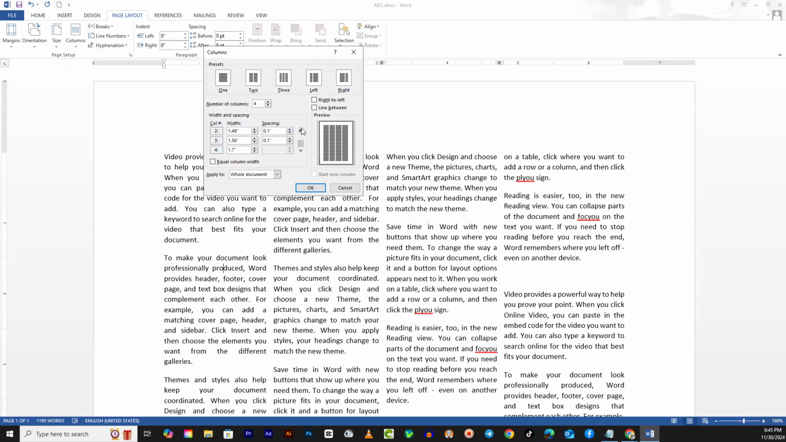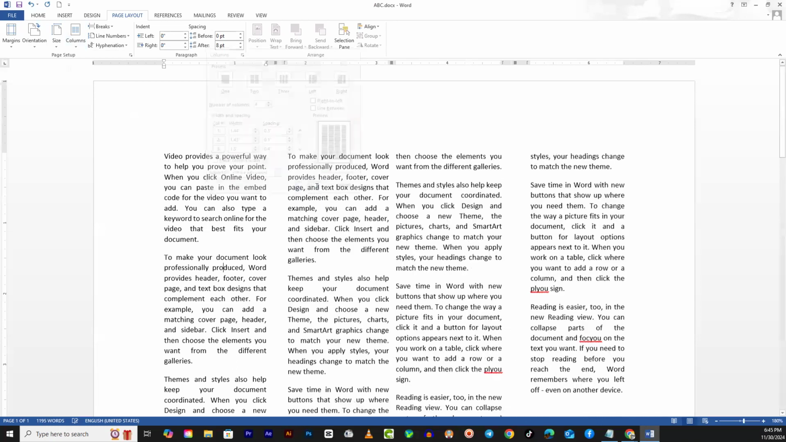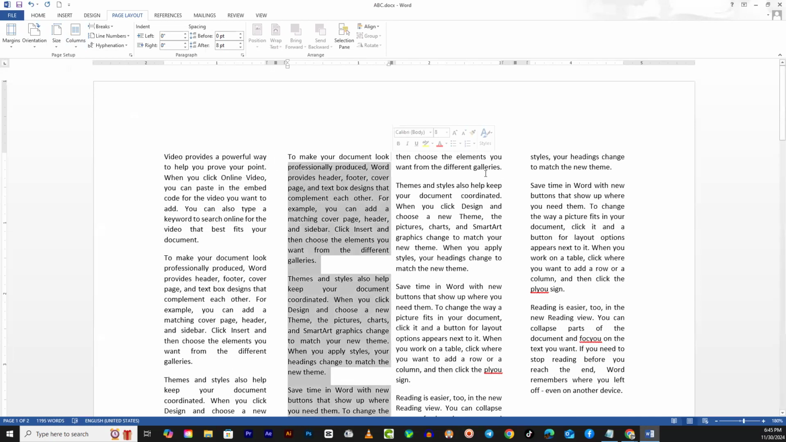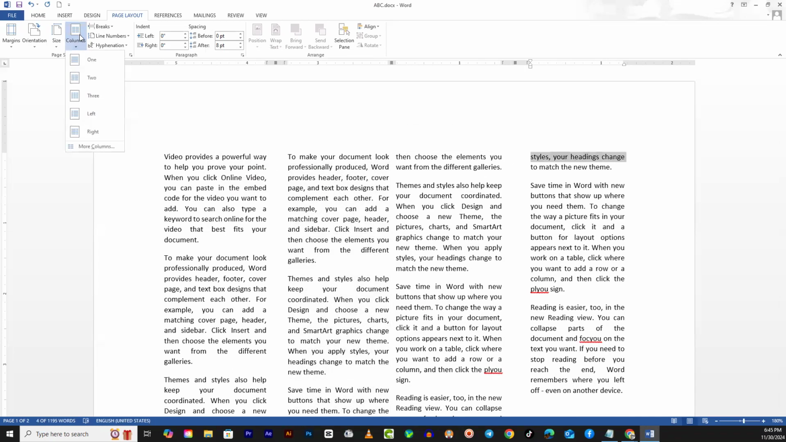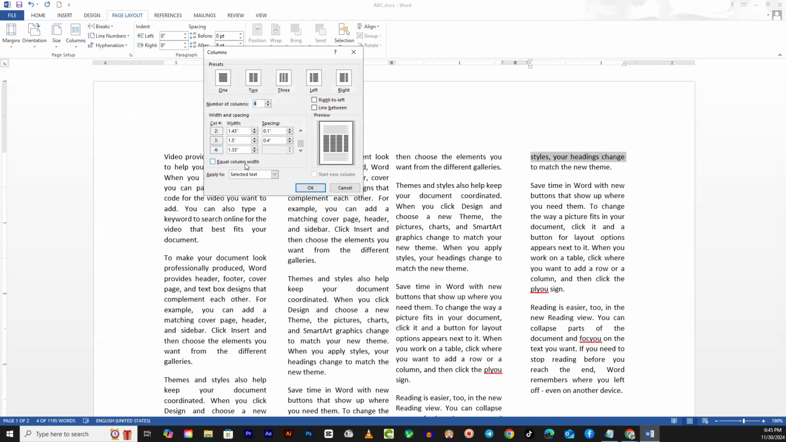And for example, I want different spacing. Click it 2, click it 3, click it on 4. Okay, now you can see this is 3, this is 1, this is 2. But I want equal column width. Click here. Now,